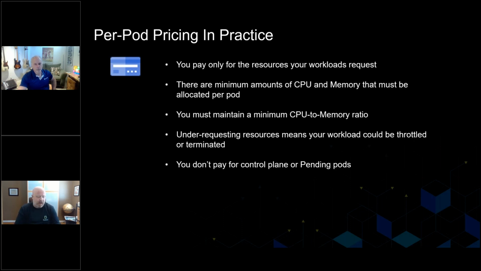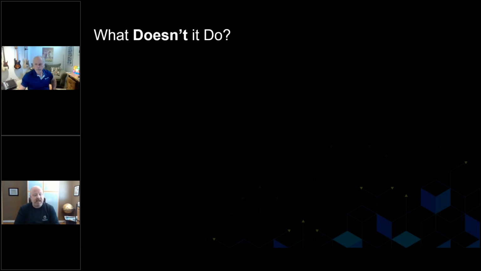But really the question is, and why you want to avoid unspecified resources is, do you really want your cloud service provider making those decisions for you about what resources you're requesting? It could potentially introduce risk. It could potentially introduce costs. That's something that you'd much, much rather be in control of and have an understanding of. You're not just deploying some templates or some common values that are seen out there, but you're actually deploying something that reflects your actual utilization. Those are some of the things that are unique and interesting about GKE Autopilot,